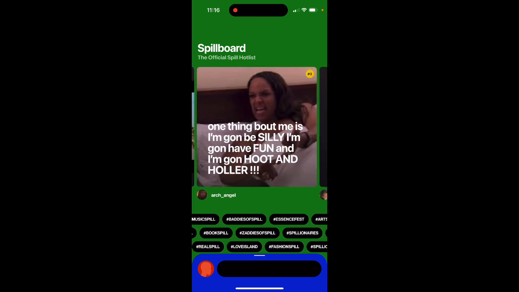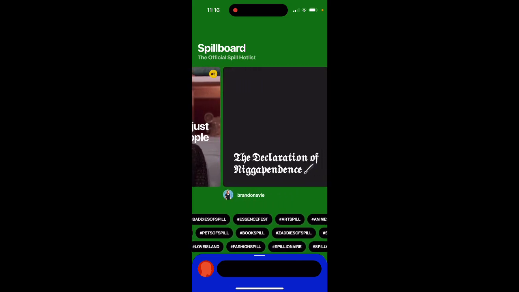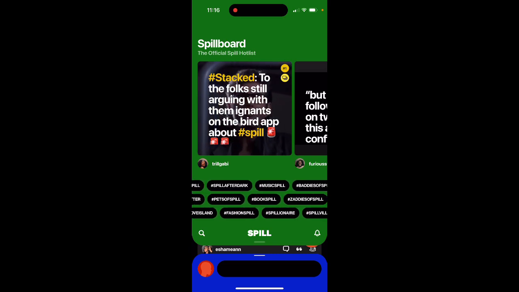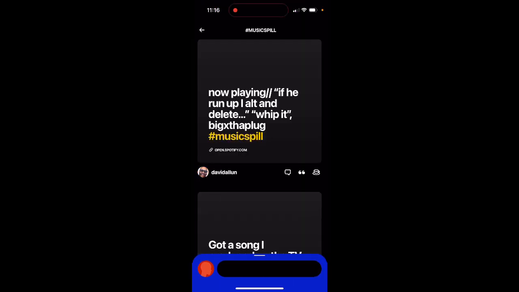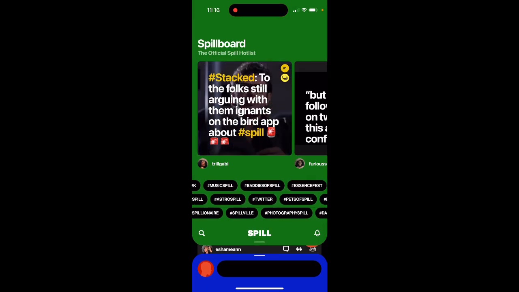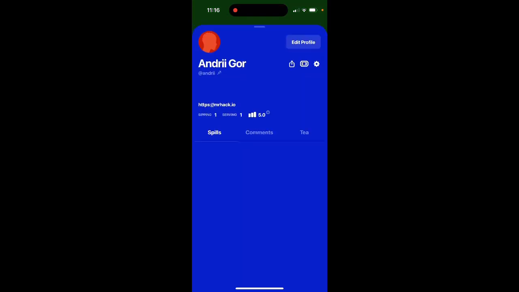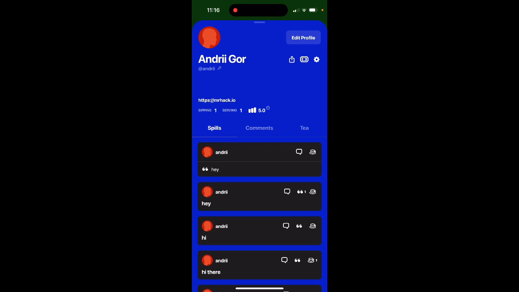And then that's basically how it looks like. It has this funky design, a lot of visuals, a lot of hashtags. Then you can just tap on some hashtag, and then you can see how it looks like. So yeah, these are some of the things you can discover with this app.